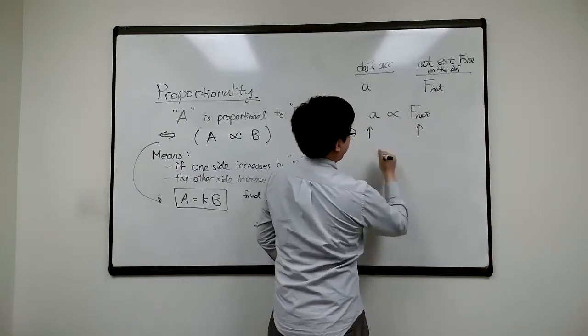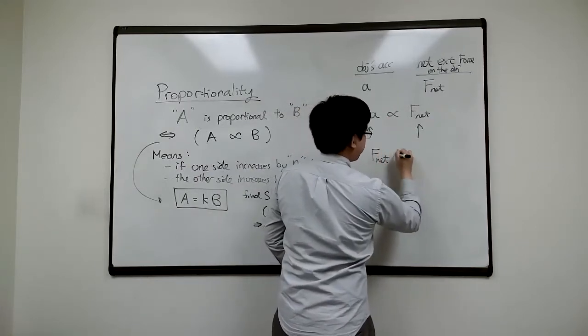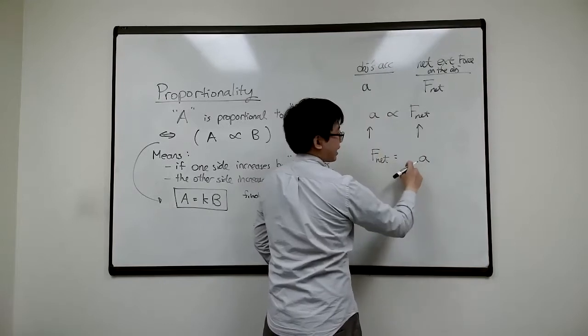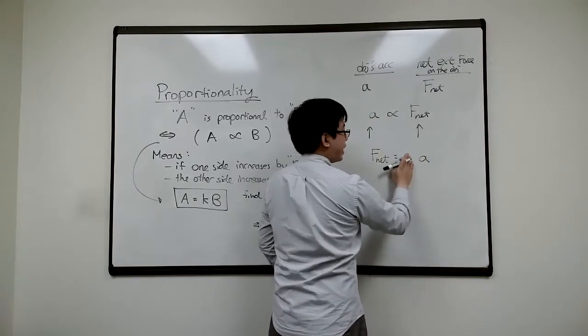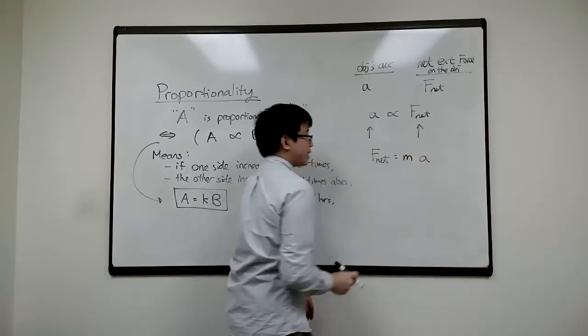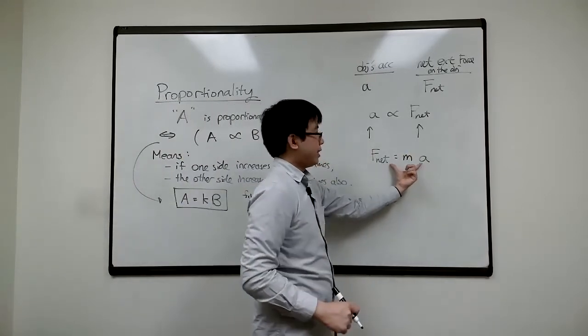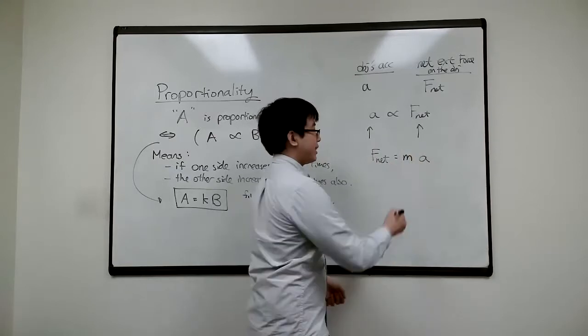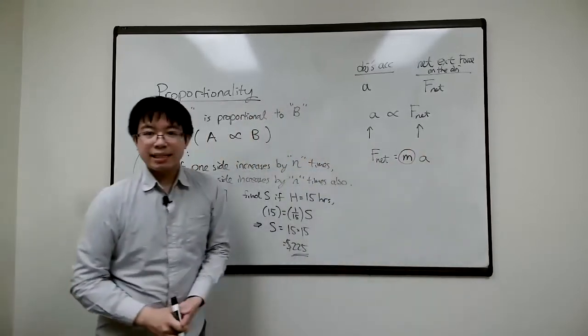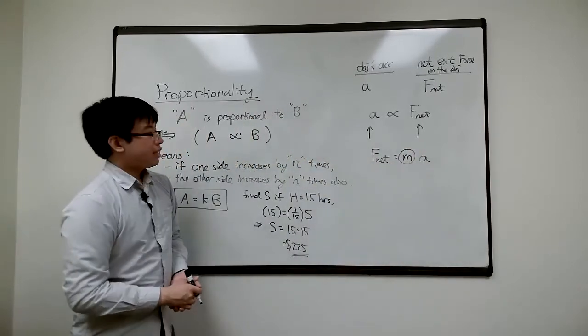Incidentally, the proportionality constant, if I had written it the other way around, you can write it as a constant, but instead of using K, we use a different symbol because that is what we call mass. The ratio between the net force and A is exactly how we define the mass of an object.